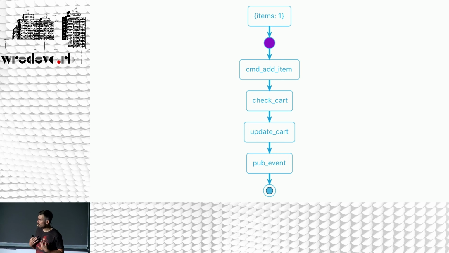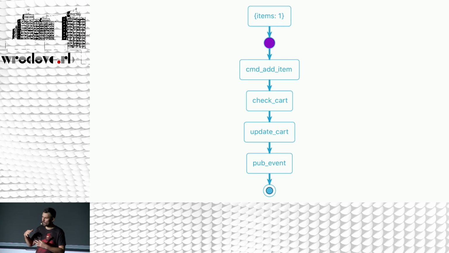Imagine you have event sourcing, and you have a shopping cart, and you have this business rule that says we can't have more than 3 items in a shopping cart for some reason. So you get a command that says add item, and notice there's already 1 item in the shopping cart. So we're processing this new command, and we check the cart. No, it doesn't have more than 3 items, so we update the cart, and we publish an event to the system. Now, if we wrote this in a handler in such a way that we can guarantee that these operations can't happen